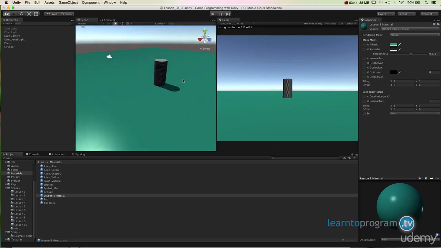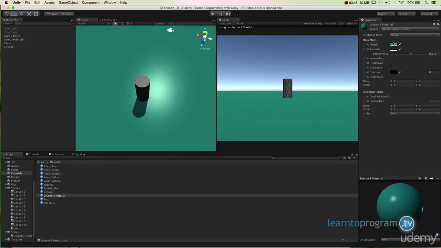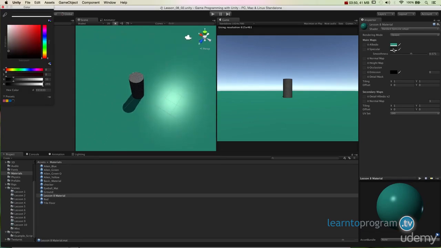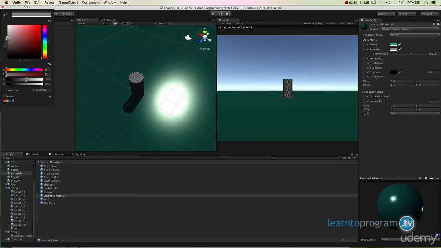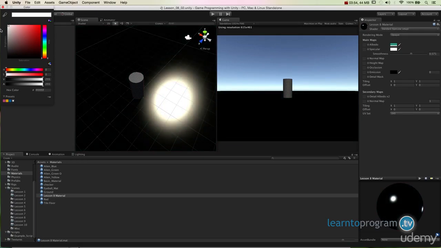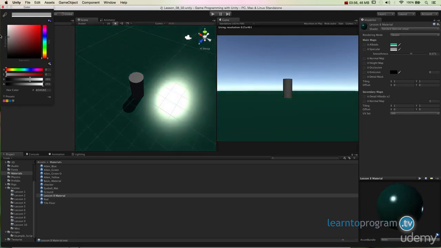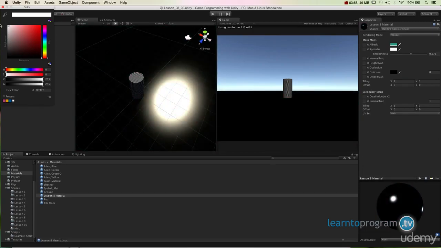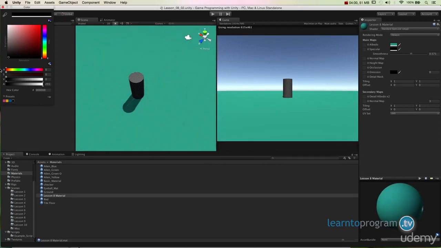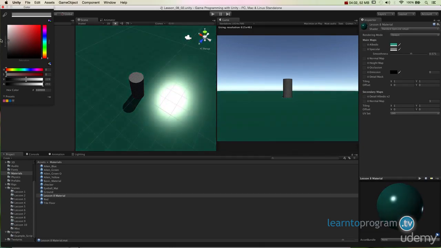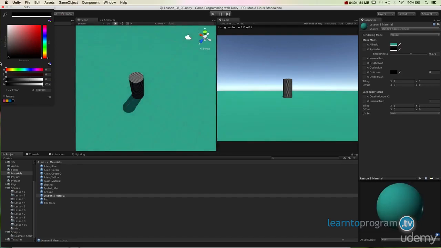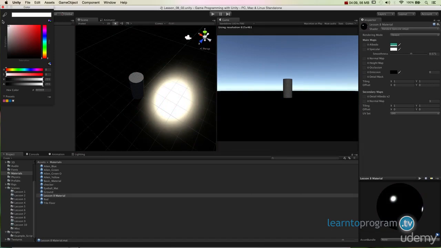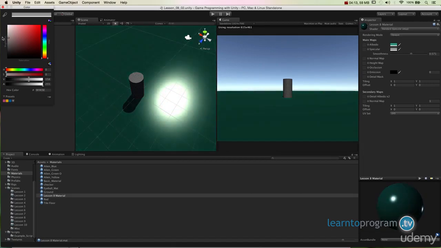All right, so now I've got a simple color going on here, and I've got a specular level. Now, if you notice, the more I turn this up, the more that specular highlight shines and nothing else does. So if I have no specular light or color at all, it won't give me a specular highlight at all. If I have a lot, it will only give me information on the specular. So if I put it in the middle somewhere,